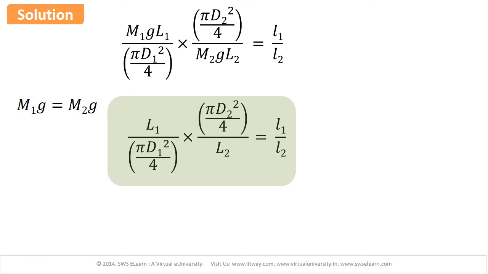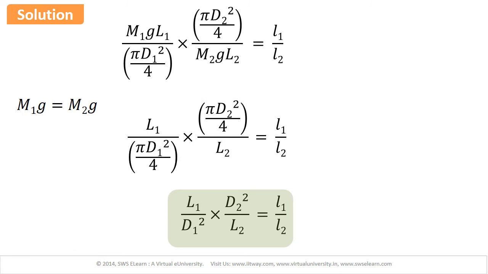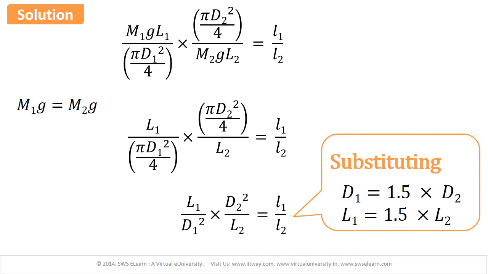Further simplification gives capital L1 upon d1 square into d2 square upon capital L2, and that is equal to small l1 upon small l2. It is also given in the problem that d1 is equal to 1.5 into d2. Similarly, it is also given that capital L1 is equal to 1.5 into capital L2. Substituting these values of d1 and L1 in the equation, we get